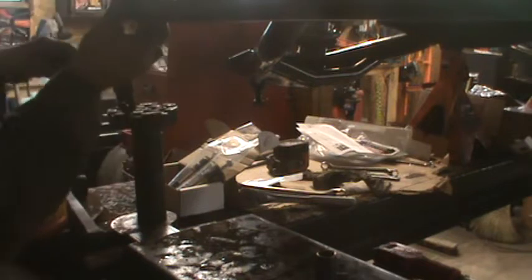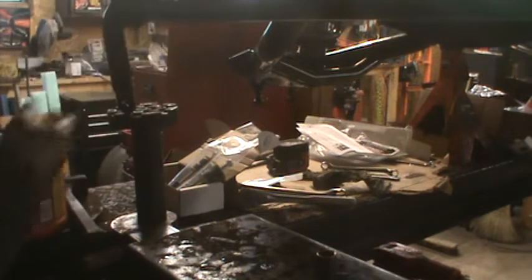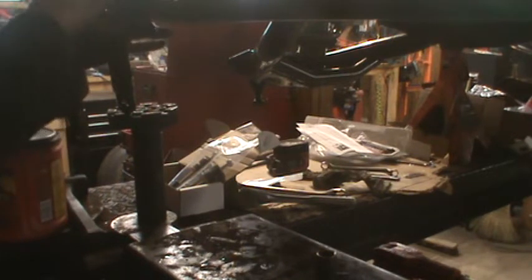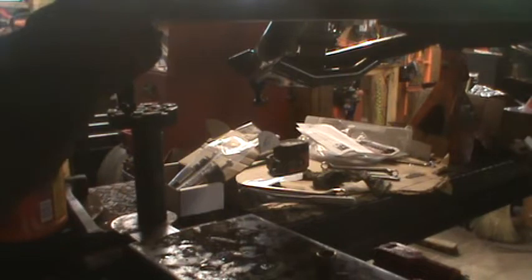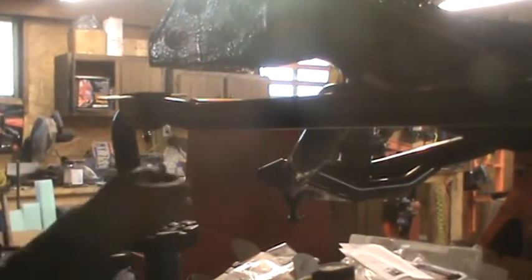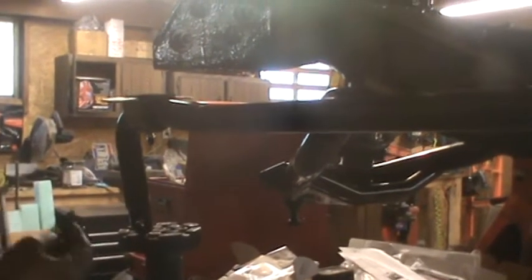Back that way further. So we lube that up and leave that on. Okay. And all we're doing here is putting the bushing on. Where's the, there they are. Right on top of that coffee can. Oh, okay. So got the bushing on, and